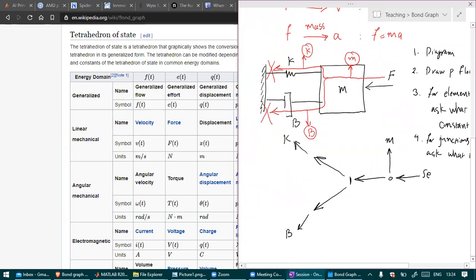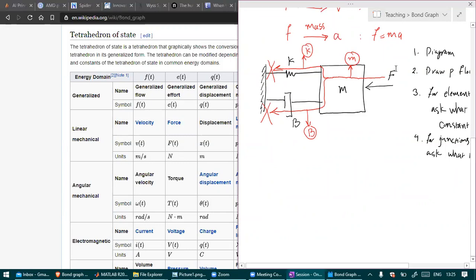Okay, so if I start again, we had the diagram, we draw the flow, we identified that the flow goes through the mass, part of it goes to the mass, then it flows through the spring, so part of it goes inside the spring and part of it comes out, the same for the damper. But since the wall is basically not a damper or a spring or whatever, it's a dead end, nothing is there, okay? Starting with drawing the bond graph,